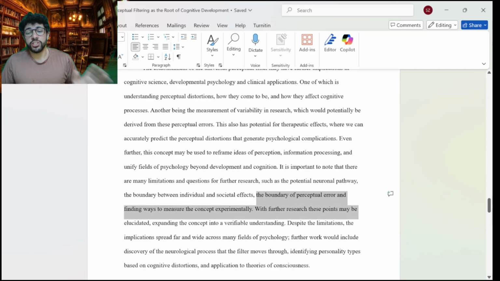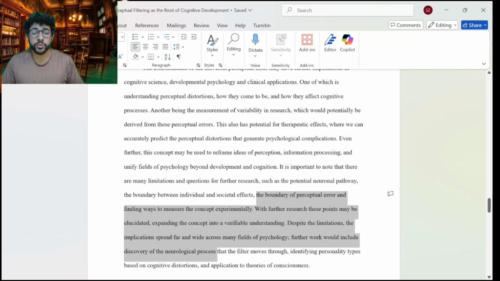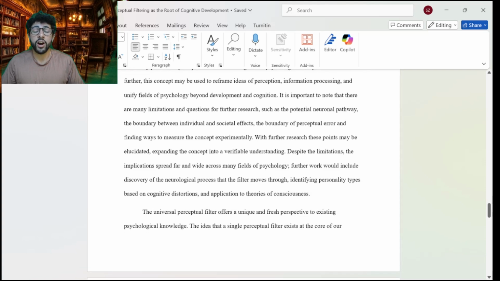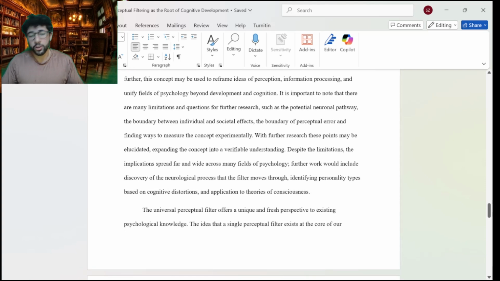And with further research, these points may be elucidated, expanding the concept into verifiable understanding. Despite the limitations, the implications spread far and wide across many fields of psychology. Further work would include discovery of the neurological processes that the filter moves through, identifying personality types based on cognitive distortions, and application to existing theories of consciousness, of which I've actually included quite a few. And if you are well researched, then I'm probably striking a chord with many of you in many different areas. Okay, a lot of people are going to say that this sounds like a lot of different things,